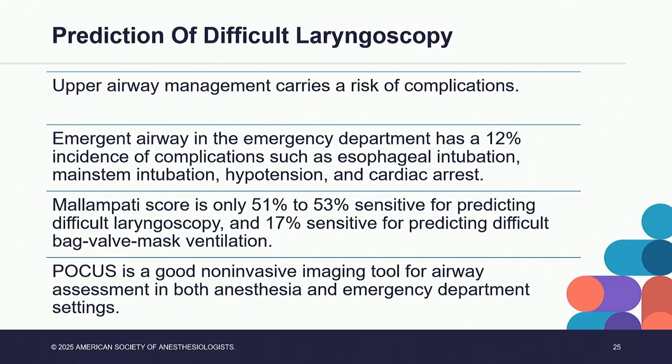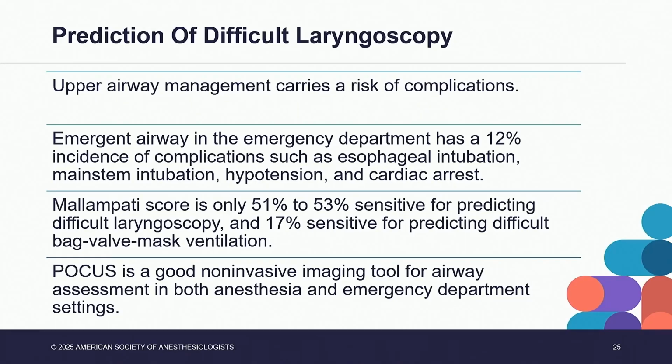So how can we use all of this information for our clinical applications? Number one, prediction of difficult laryngoscopy. Upper airway management carries a risk of complications. The emergent airway in the emergency department has a 12% incidence of complications such as esophageal intubation, mainstem intubation, hypotension, cardiac